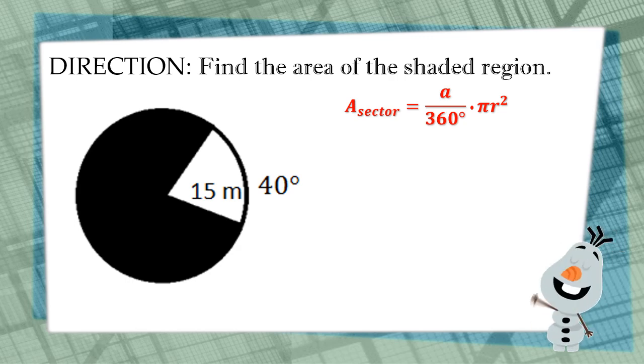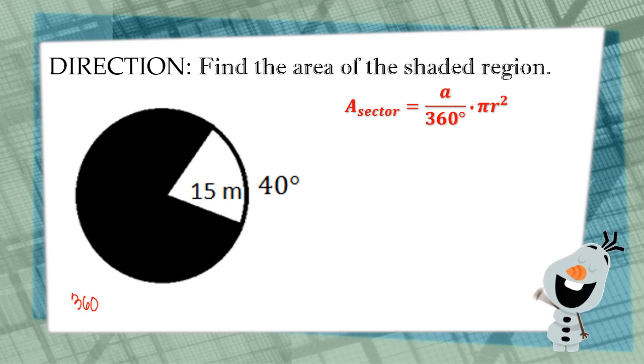We are not supposed to substitute the 40 degree measure of the intercepted arc for this formula because, as you can see, the 40 degrees is the degree measure of the intercepted arc of the unshaded region. But this time, we are asked to find the shaded region, which is the major sector. So first, we need to find out what is the degree measure of the intercepted arc of this major sector